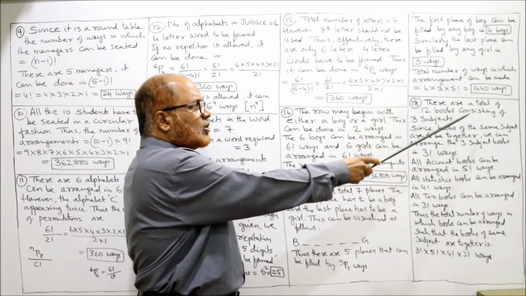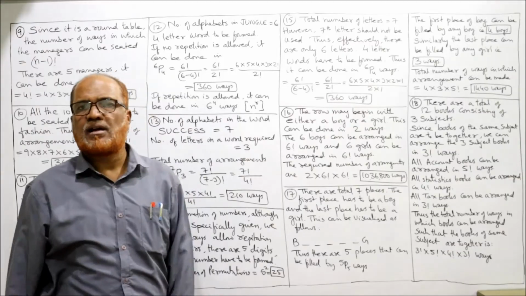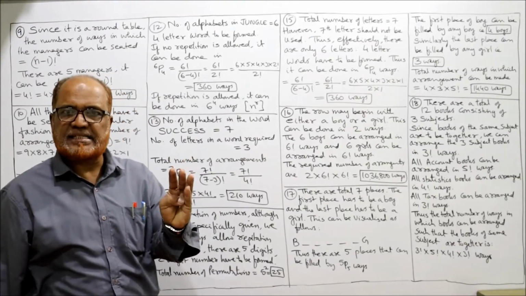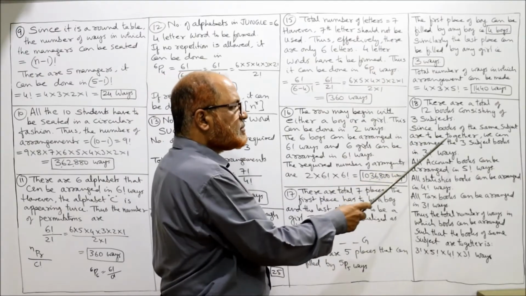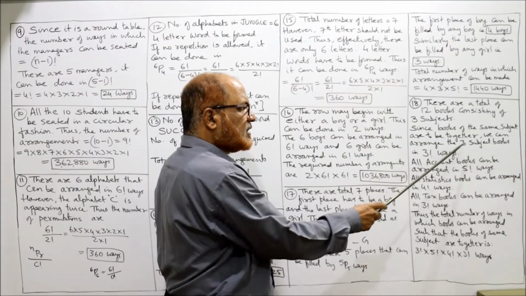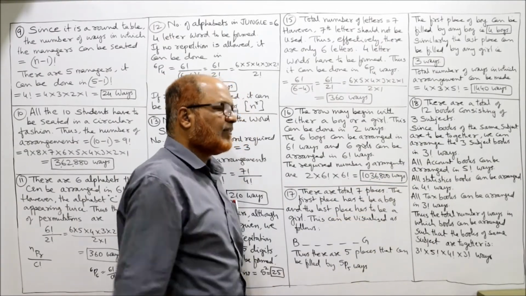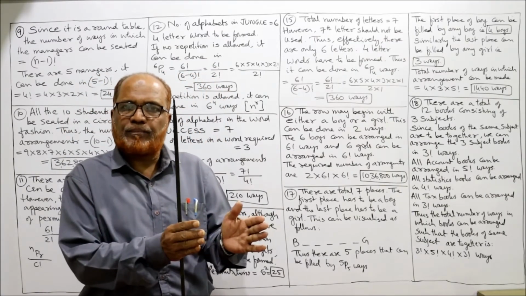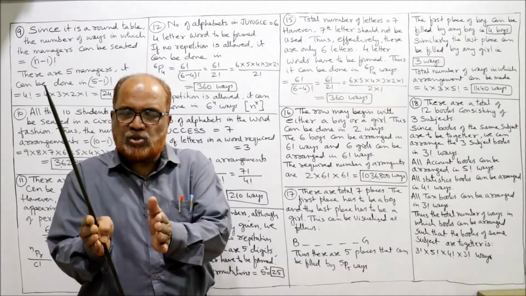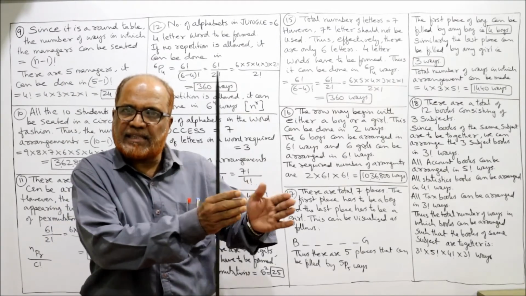There are total 12 books consisting of 3 subjects. Accounts, statistics, tax. 3 subjects के 12 books हैं। अब उसमें से since books of the same subject are to be together, we can arrange the 3 subject books in 3 factorial ways. देखिए, all the 3 subjects should be together. यानी पहले 5 accounts के ले लेंगे, फिर 4 stats के लेंगे, 3 tax के लेंगे,